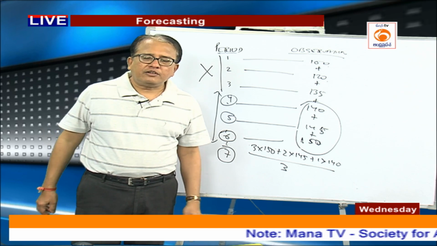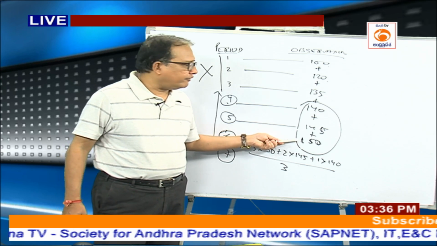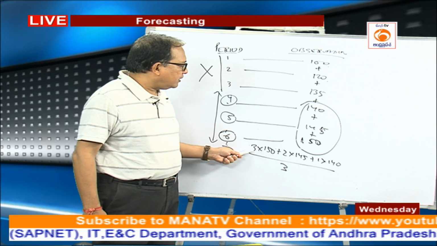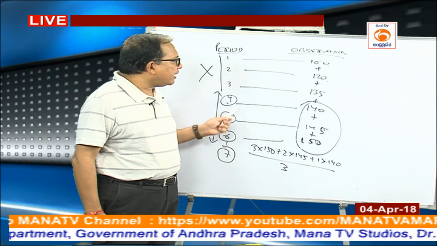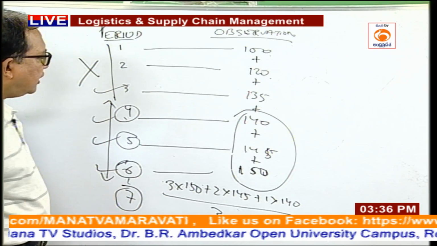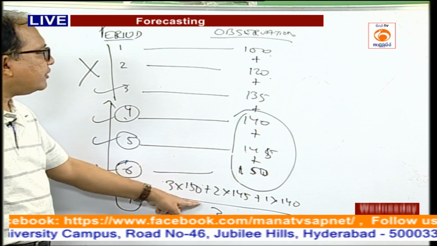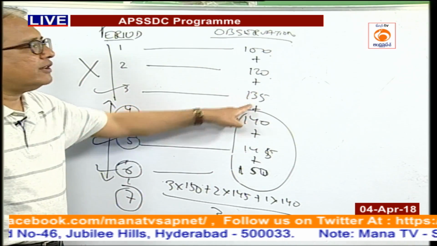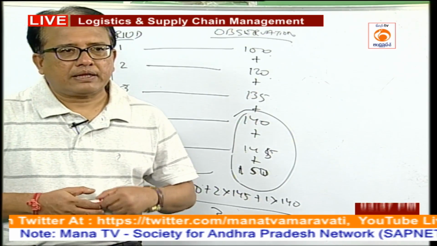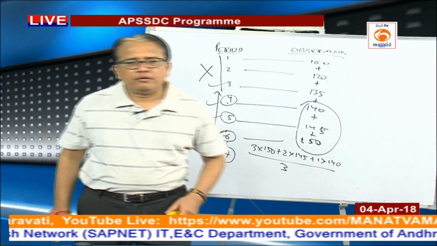Go one step further, when we are discussing weighted moving average, then you give more weightage to 150. Since it is the last one, you have taken 3 period moving average, 3. If you decide to take 4 period moving average, then you take 6th, 5th, 4th, 3rd. Then you start multiplying 150 by 4, 145 by 3, 140 by 2 and 135 by 1 divided by 4. So, this is weighted moving average.